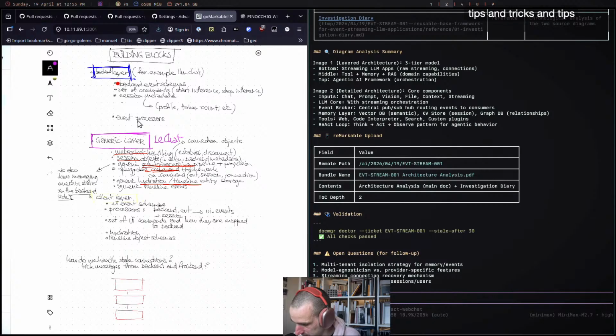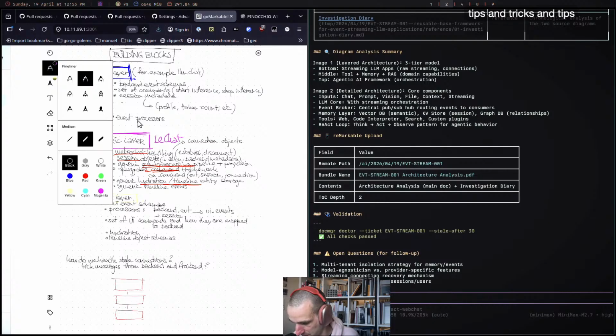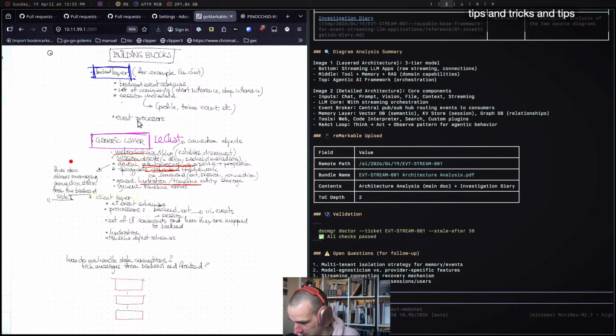Same for the backend. You're going to build your backend. You're going to say, import Le Chat. You're going to register your event schemas. You're going to say things like, hey, I've got thinking streaming. I've got chat streaming. I've got a task completion event. And you're going to provide some commands, like, hey, there's a command called start chat, and there's a command called cancel chat, that kind of stuff.